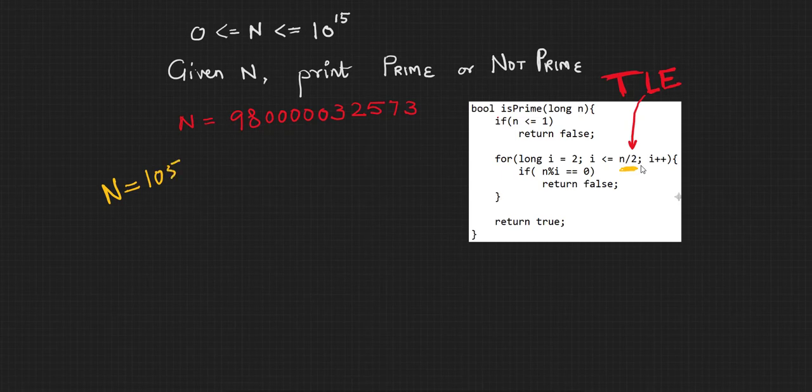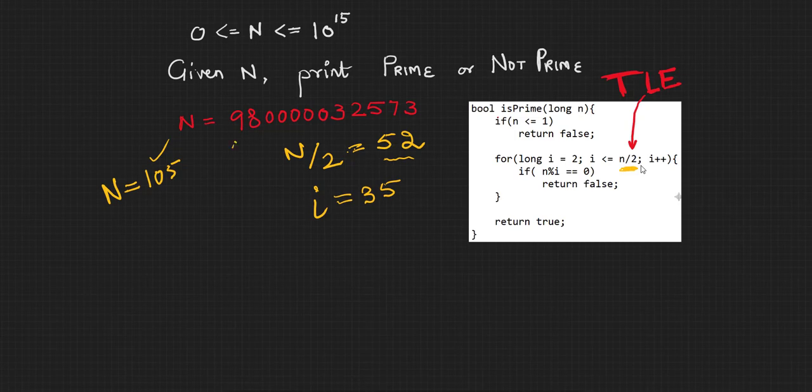And 105 by 2. If we talk about n by 2 for this, it comes out to be 52. I'm just doing integral division. So this is 52. Now, if we want to know if any number up to 52 is dividing n or not, we can do that a little faster. For example, let me take i as 35. I want to know whether 35 divides 105 or not.